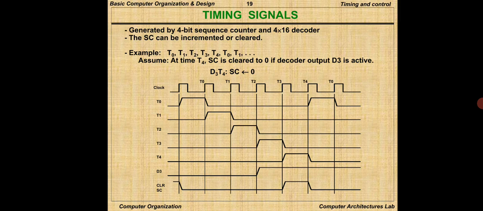Okay, now let us see what happens in the first clock pulse. In the first clock pulse, the timing state T0 is there, so T0 will be in the activated condition, whereas T1, T2, T3, T4 will be in the low condition, which are not activated. At the same time, my D3 is also not activated. If my D3 is activated, then I need to clear my counter value. The counter value should be cleared to 0, and then it should start with my next T